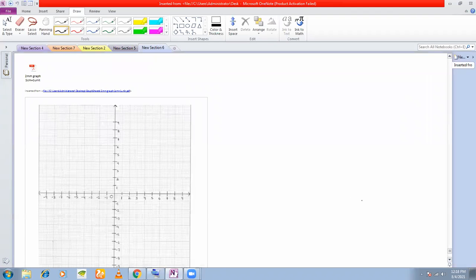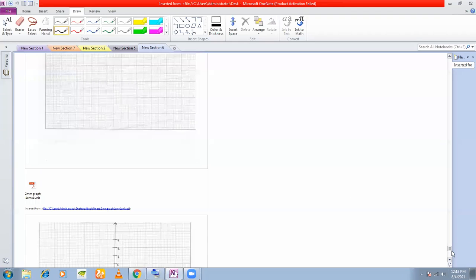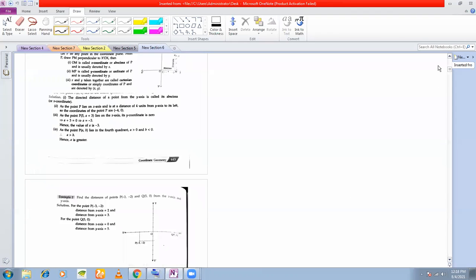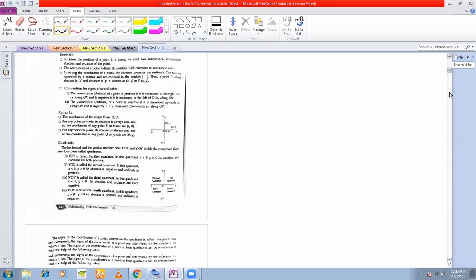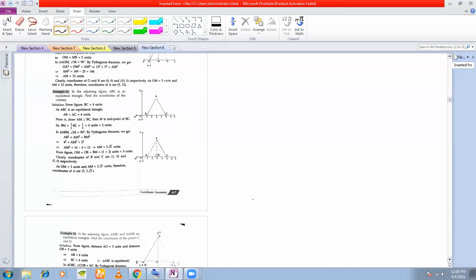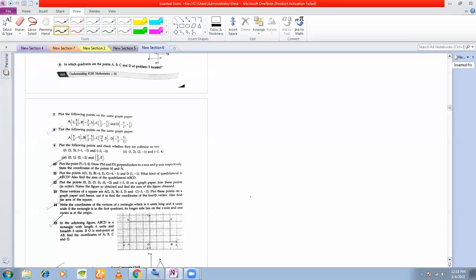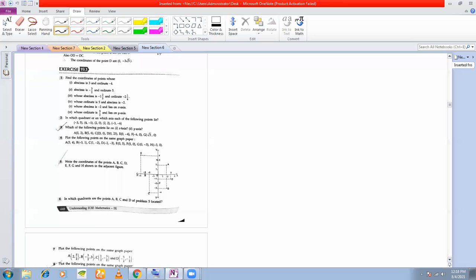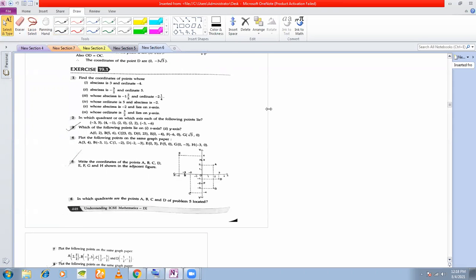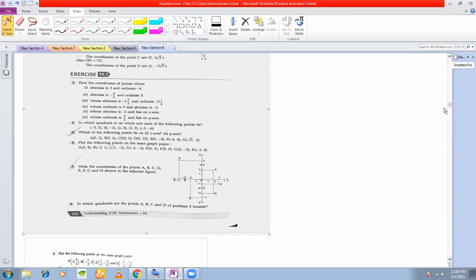Okay, so once we have done this, perhaps we can solve one problem from the textbook. Yes, look at this. Look at number 3, very simple one. Can you see the question here? It's very small, no? Make it a little bigger. Now can you see? You can see the question, all of you? Yes, sir. Good enough.